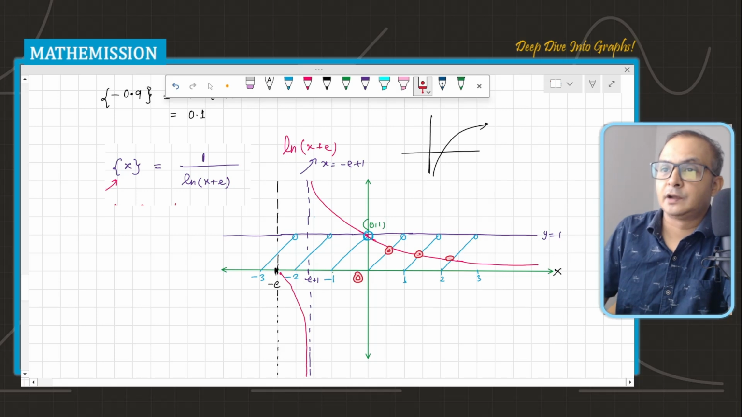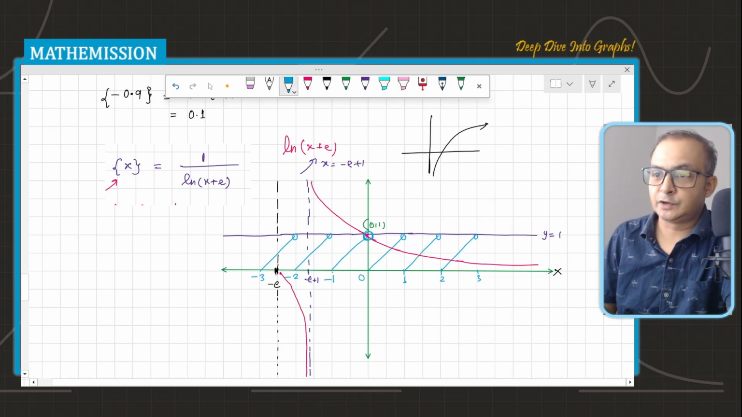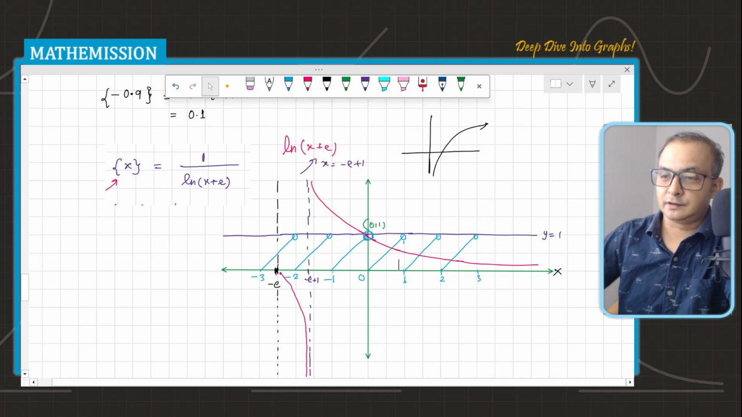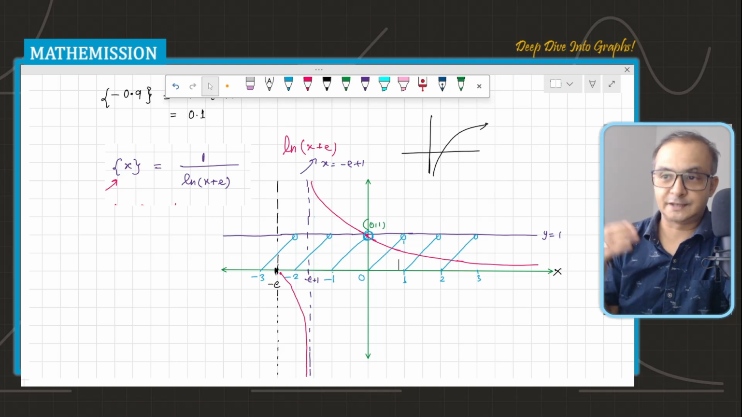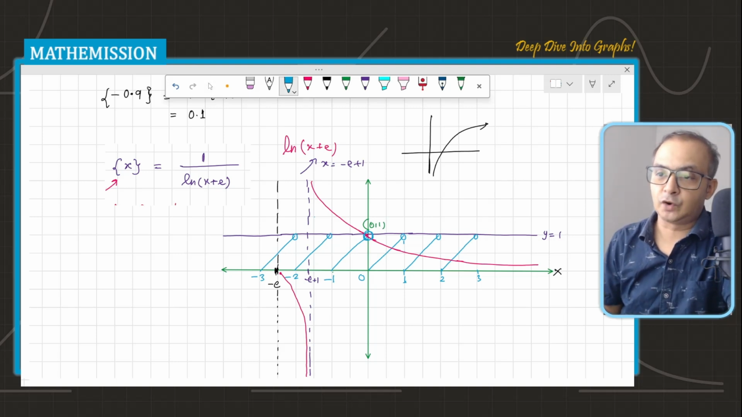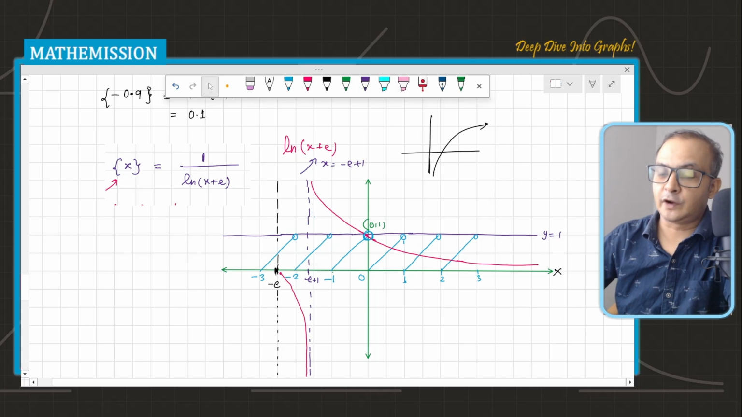You can see that the first intersection is happening between 0 and 1. The second intersection will happen between 1 and 2. And we are going from 0 to 10. So from 0 to 1 is the first intersection, 1 to 2 the second intersection, and so 9 to 10 will be the 10th intersection. Therefore, you can see that for x greater than 0,